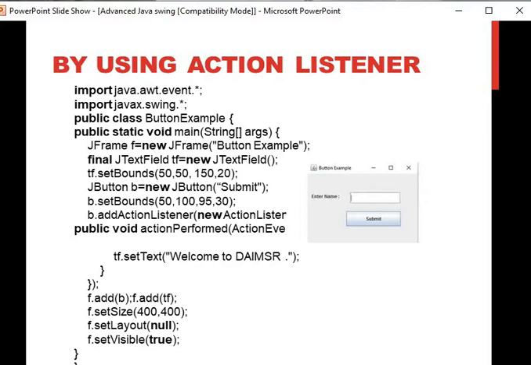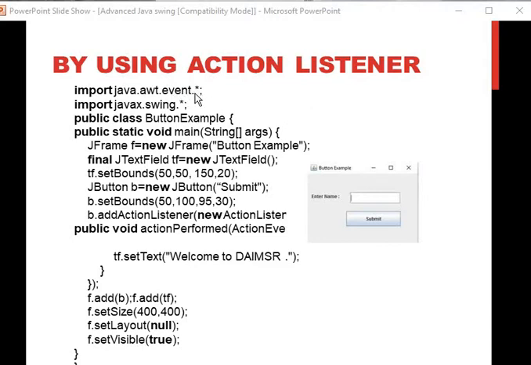Now this program we can even use with the help of action listener. What is action listener? Whatever action we are going to perform on any frame, it responds with some action. It is an event, an action event that occurs when you perform an action on a component such as a button, text, selecting an item, or double clicking on a list item. It performs some action when we are using such things.